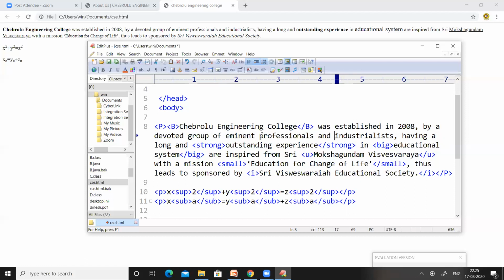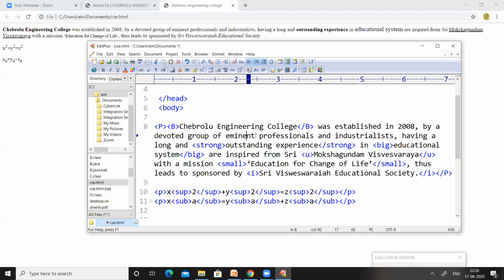Strike tag, in the sense, if we want to display some text with a strike through on the text. For example, when we are writing notes on any subject, if we make some mistake, we will immediately strike that sentence or strike that particular word, and rewrite the word after that strike. Similarly, if we want to display some text with a strike on the web page, we can use this tag called a strike tag.